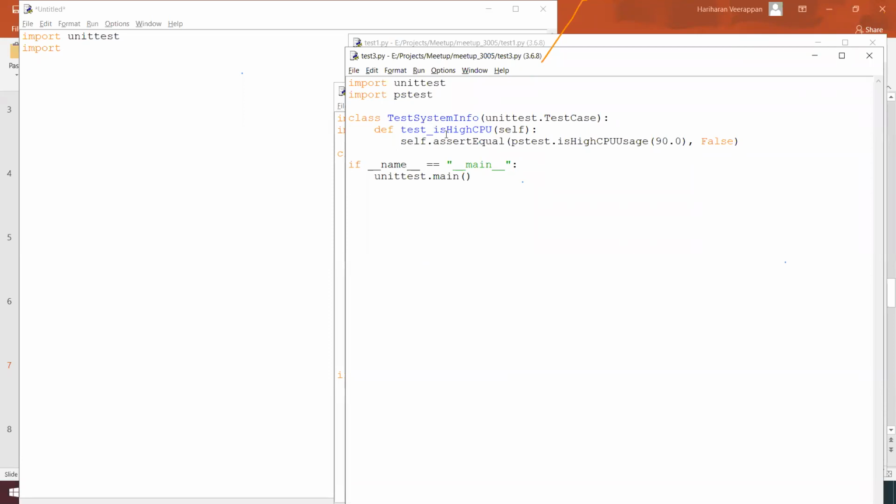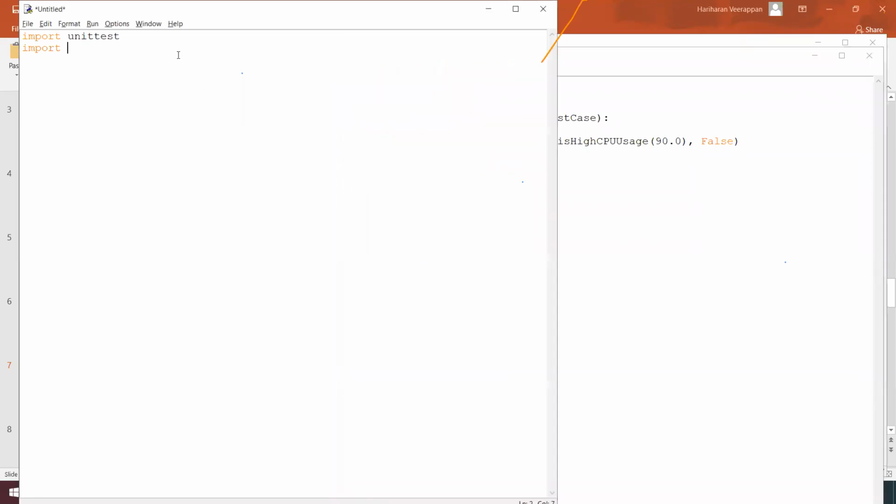the test system info. For example, I'm going to do, sorry, from test1 import test division, in order to create a test suite of test suites basically.